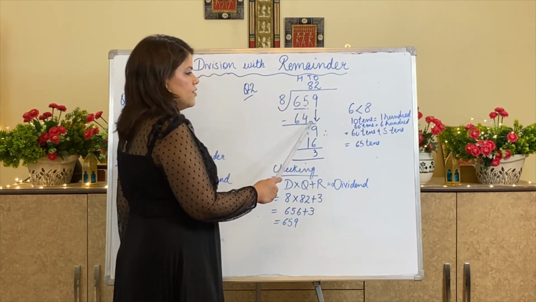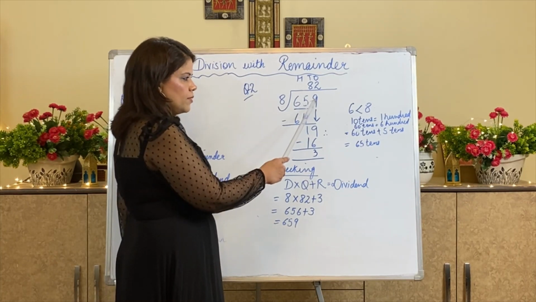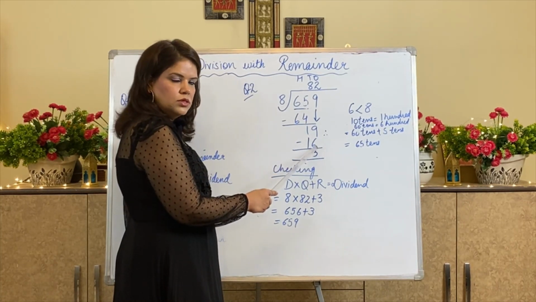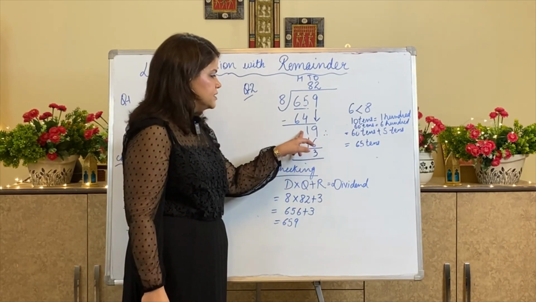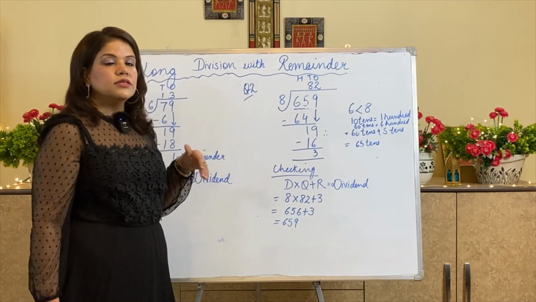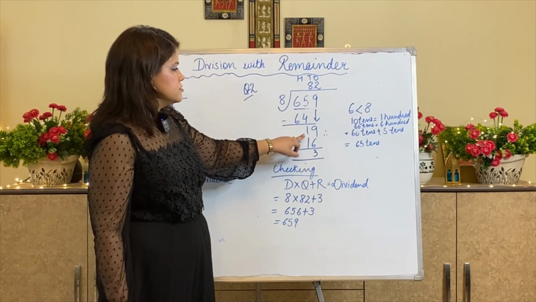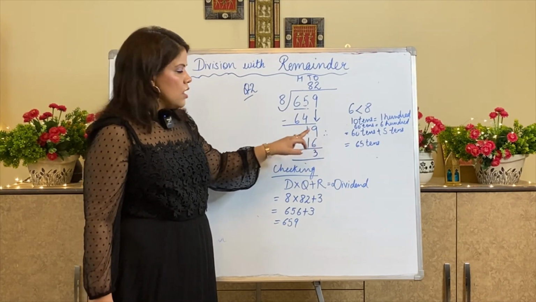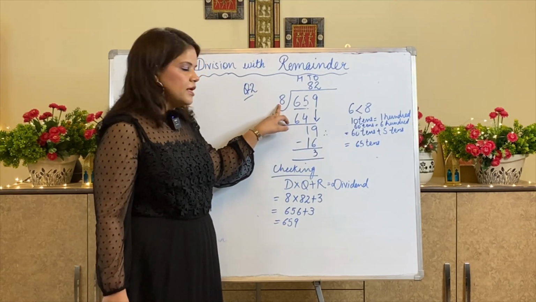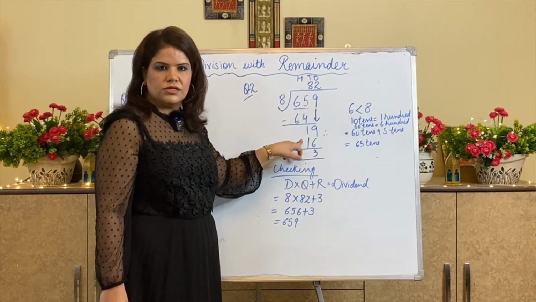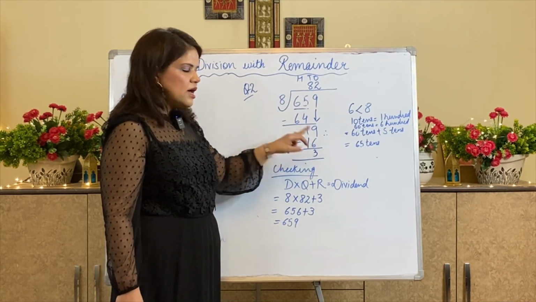Now this left over is 1. From here I will bring one number down. So this number which is to be divided now has become 19. We know that 10 ones is equal to 1 tens. So this is 19 now. Now after this we will see what is the number in the table of 8 which is just below this number. And I know 8 2s are 16. So this I will write.